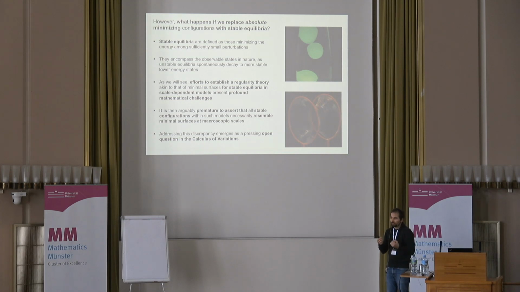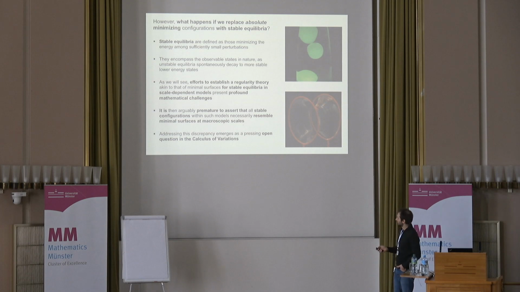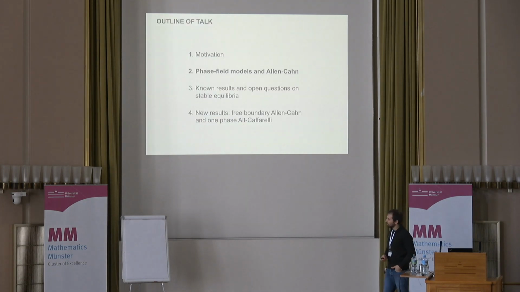This is not something unimportant, because many times in mathematics you do the ideal model, and then a perturbation of the model is just something you give to a PhD student, and you add a parameter. But here we are talking about a model where we understand the ideal model very well, and when you perturb, it's not really a perturbation. So there is a deep difficulty when you add the scale-dependent model, and that's why I will describe it a bit more. We would like to do the regularity theory for stable critical points, and this is the main question, I would say, in the calculus of variations.